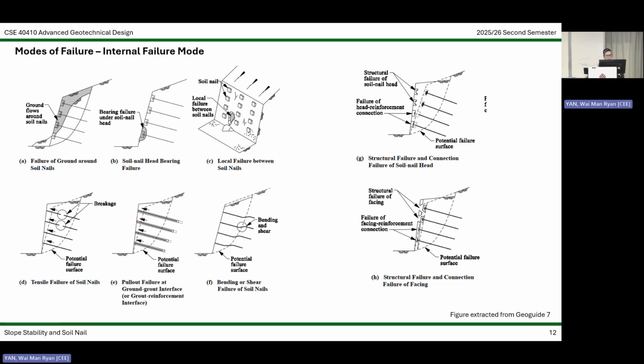And that's why you see a lot of checking on, for example, breakage of the nail, pull out of the nail, so the friction, the bonding is not sufficient to hold the nail, so it breaks. Bending, shear failure of the steel by itself. Even I mentioned that in many cases this is not governing. So in the calculations in Hong Kong, we skip this part because we know it's not governing, okay,